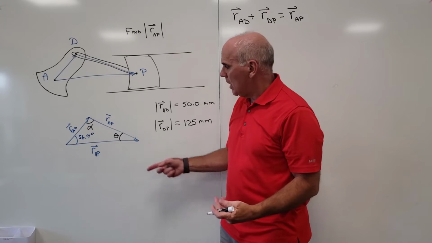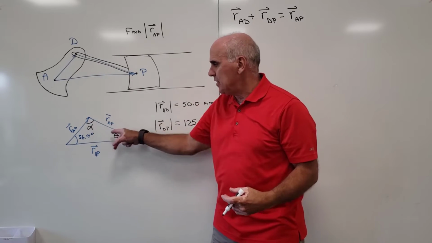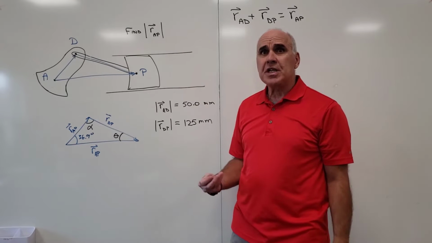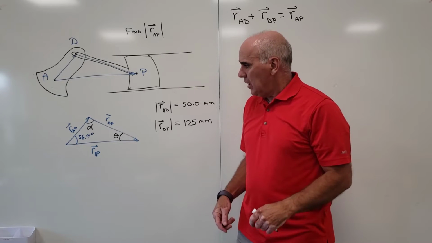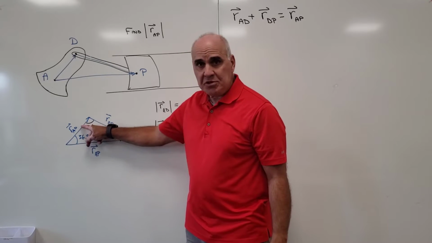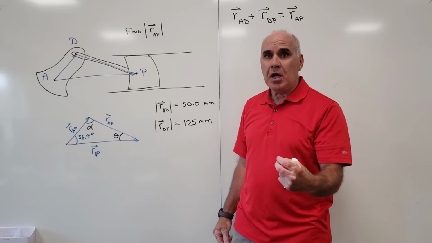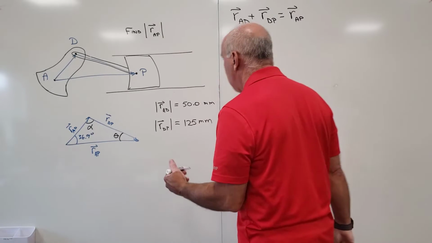All right, so I need alpha and theta in order to get this solved. So there's a couple of different routes I can take. I know these two sides, and I know an angle not between those two sides. So to me, that says, hey, we want to use the law of sines. And so the law of sines says